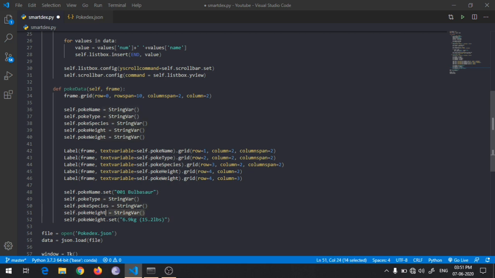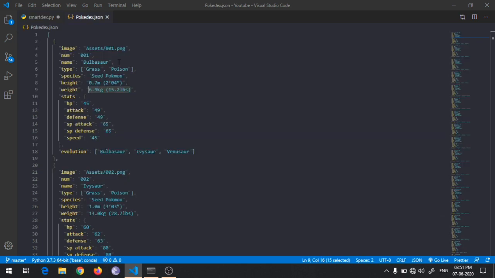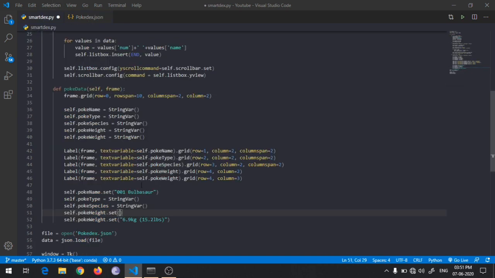Okay, height, and there is a species, Seed Pokémon, then this type.